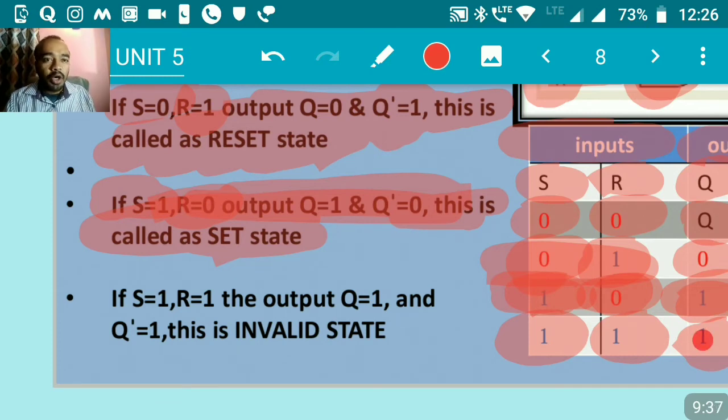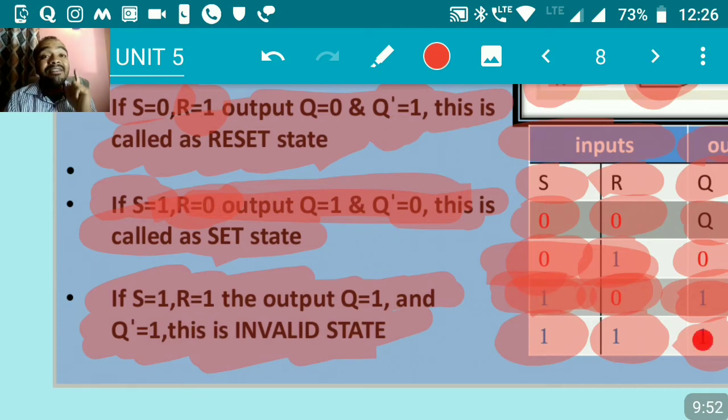Okay, so in the next point, let us put S equal to 1 and R also equal to 1. The output Q is equal to 1, and even Q bar is equal to 1. This state of the flip-flop, S equal to 1, R equal to 1, output Q equal to 1 and Q bar equal to 1, is what I'm going to call the invalid state,